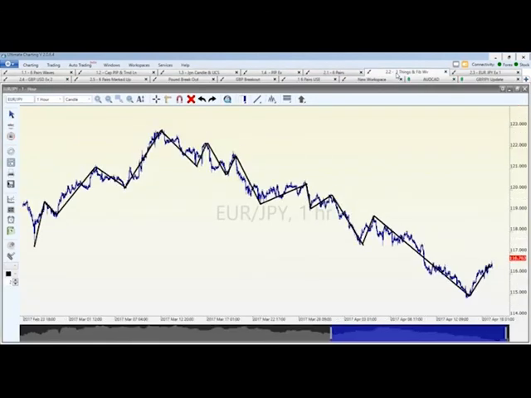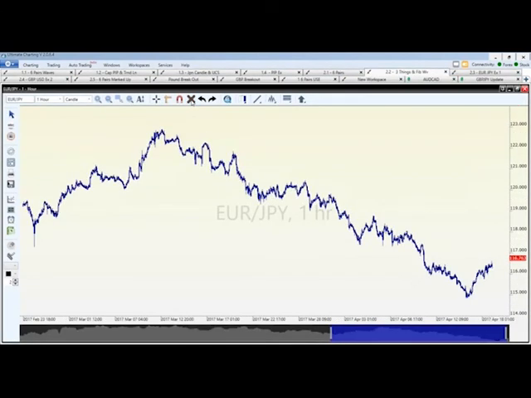So within the market, let me just clean this up. You're going to look at this. This right here is called the Euro Japanese Yen. And when we look at the market, you're going to notice that it has a tendency to move in waves, okay? On my screen, hopefully you can see that it does this. Does everybody see how it does it? Sometimes they're longer waves, sometimes they're shorter, but the market really does seem to go in these waves.